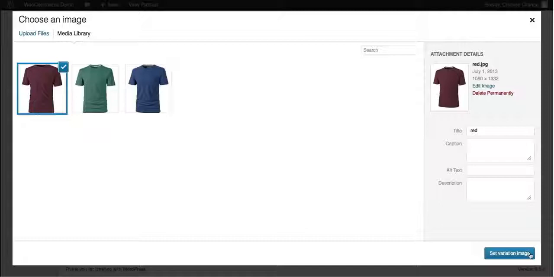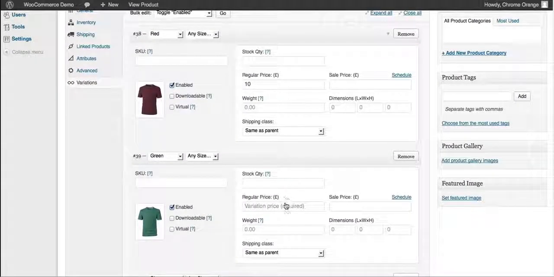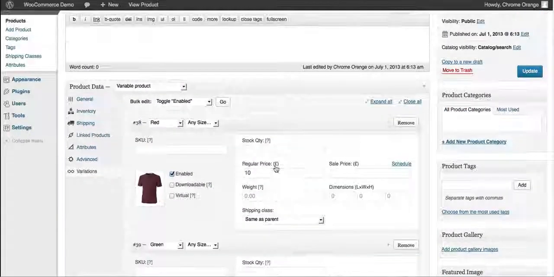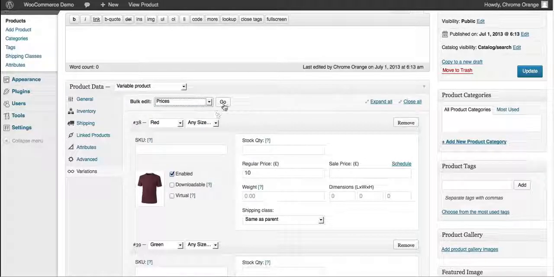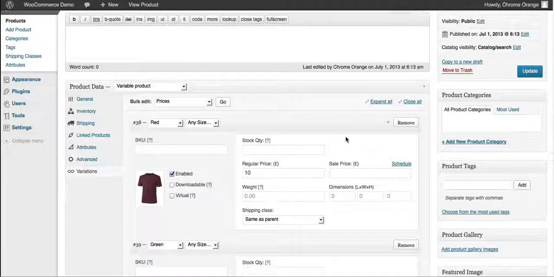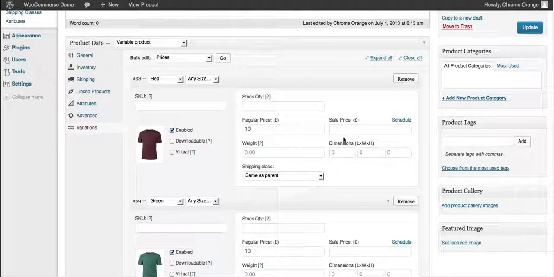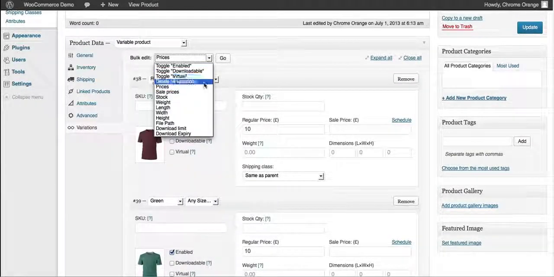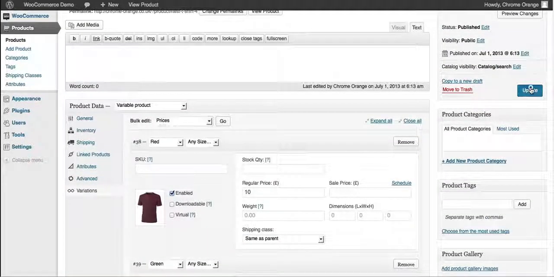Now all of these are the same price, so I have a choice here. I can either edit each one and add the price, or I can use the bulk edit option here and set the price. Click go, 10, and all of the prices have now been set, which again makes things a little bit easier. You can use that for all of the available options in this section here. So if I click update now,